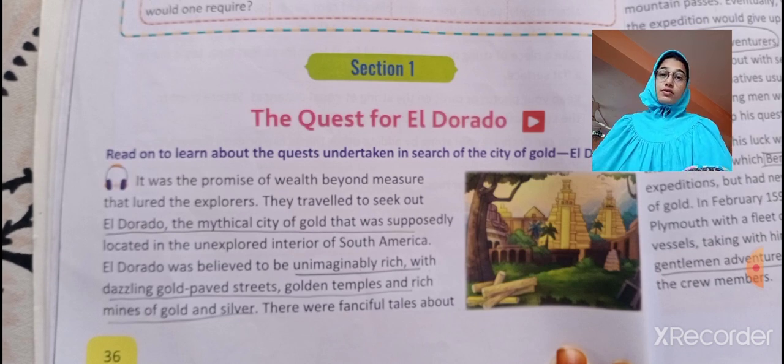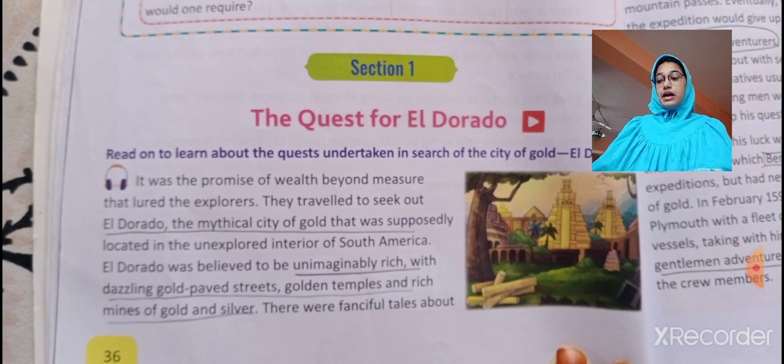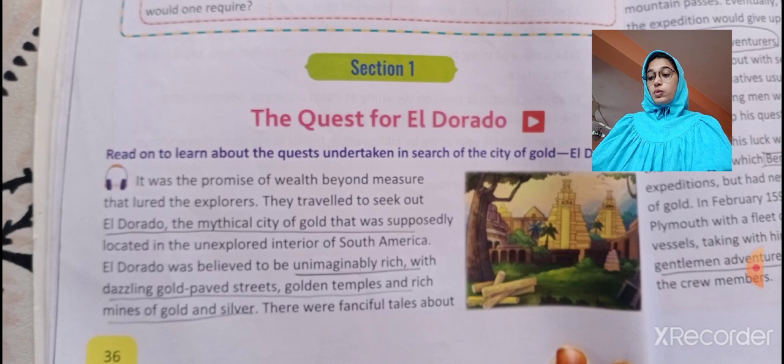As you can see on the screen, the quest for El Dorado. So today we will begin with the revision for your periodic test 2. The lessons which are going to come in your exams are Unit 2, Wanderlust, Section 1, The